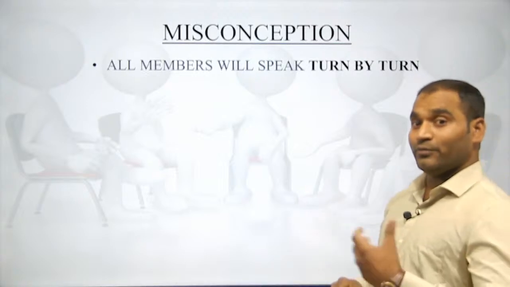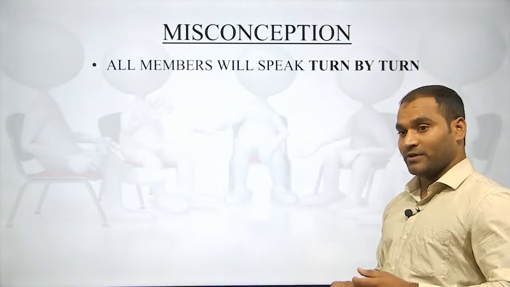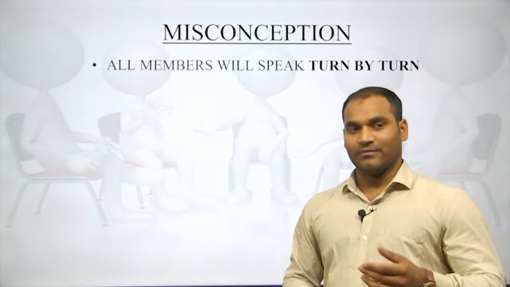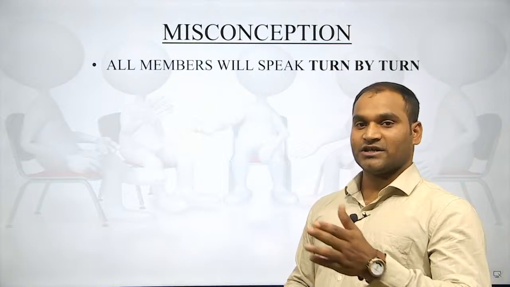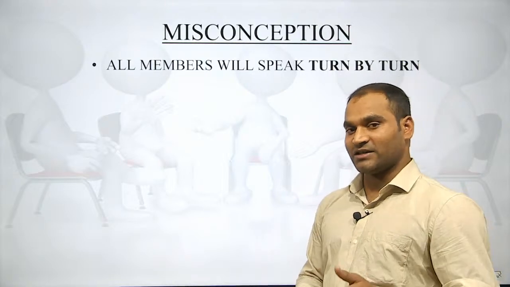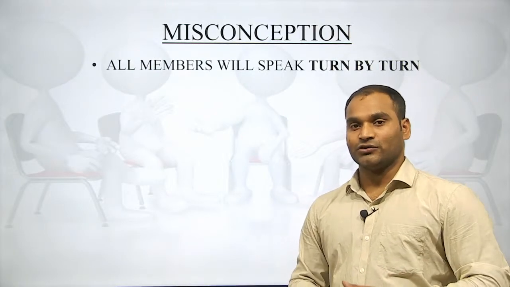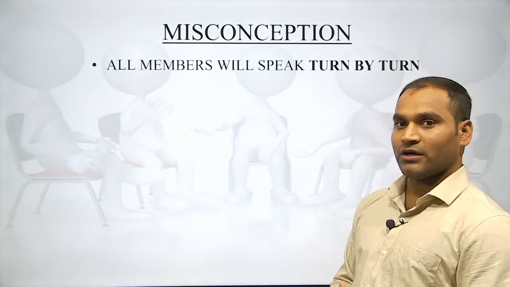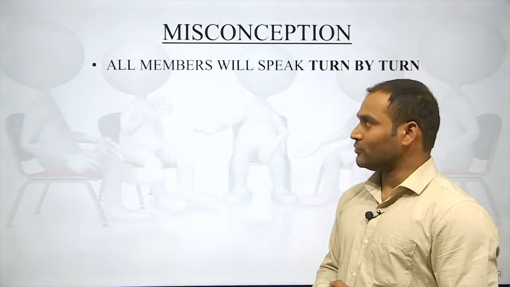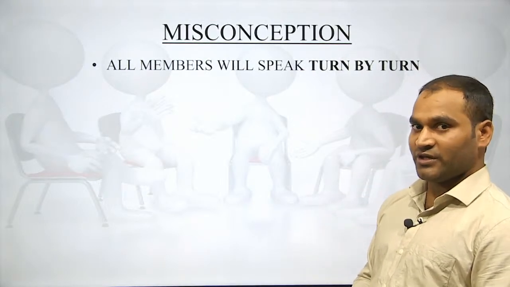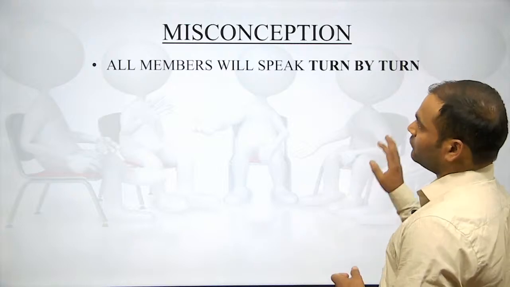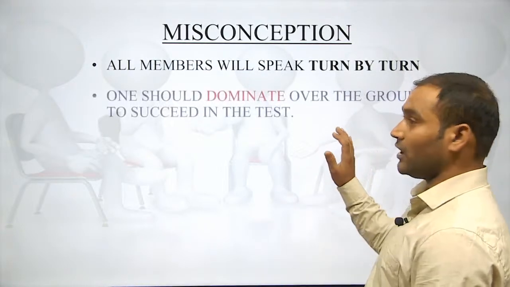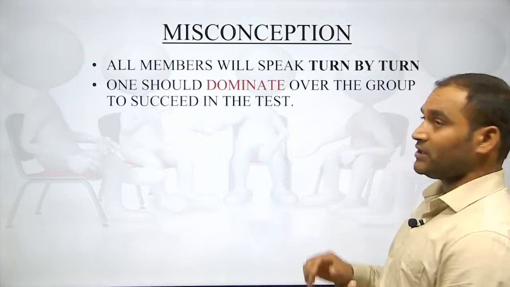If you make your own strategy, because you have been living with those kids, with your friends for a long time, actually not a long time, but on the reporting day, stage 1, and of course stage 2 has started like in the psychology. So, you have 2 or 3 days, and you mingled with each other, and you made the strategy that okay, we will speak one by one, but the GTO will start berating you over there, and they will say all of you should participate aggressively. So, there will be discussion aggressively, and you have to know how to control it. So, nobody is allowed to speak turn by turn.